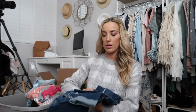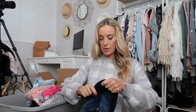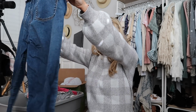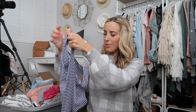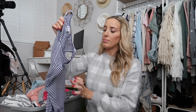Don't need shorts right now. I also have a ton of maternity jeans. I probably will donate some of these, maybe sell them, because I don't think I wore all of these, but I can't remember. Here's another striped one. I really like stripes when I'm pregnant. I don't know why. I mean, I like stripes all the time anyways, but this is one from Motherhood that